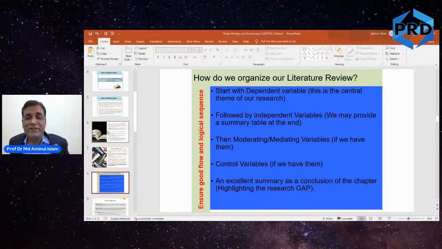I said, what is your dependent variable? The student says, organization performance. I said, then what is your research problem? He said, organization performance. Then what is your study about? He says, it's about human resource management practices. I said, okay. So that's why when the student wrote chapter 2, he started with human resource management practices,